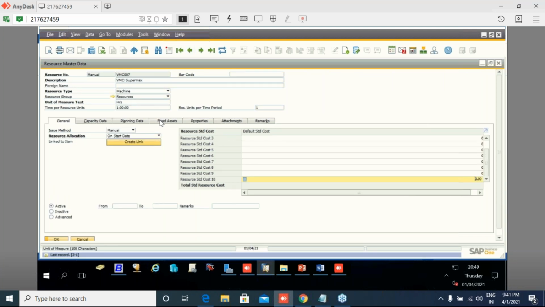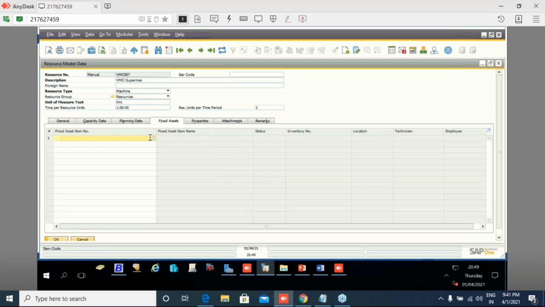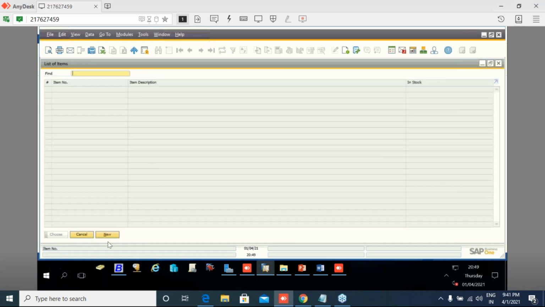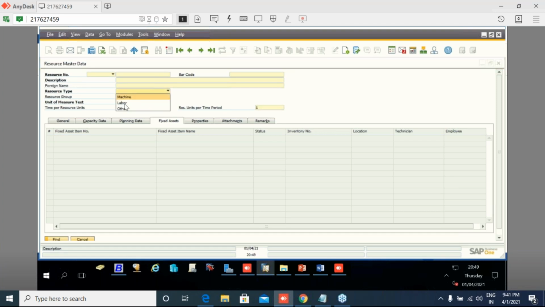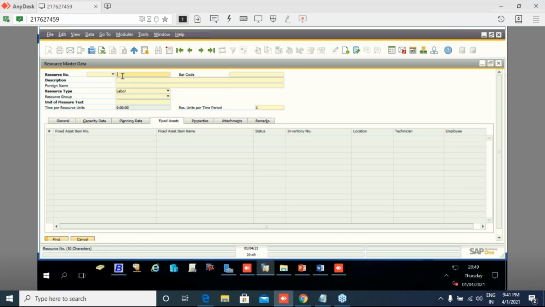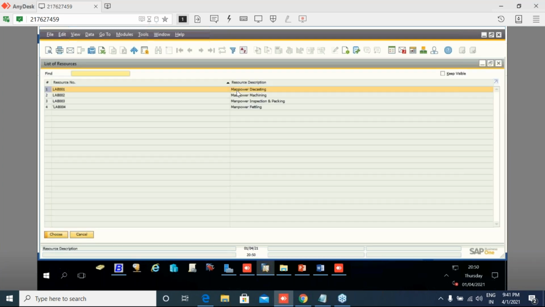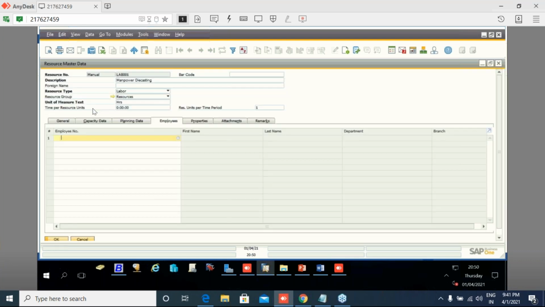This is a machine, and if you have created this machine as a fixed asset under the fixed assets module, then you can link this machine over here. The same goes for the employees, if you have created them, you can click on this find button. After that, you can click on the labor, then put a star to search out the labor you have defined in SAP Business One. These are your labors, LAB 001.